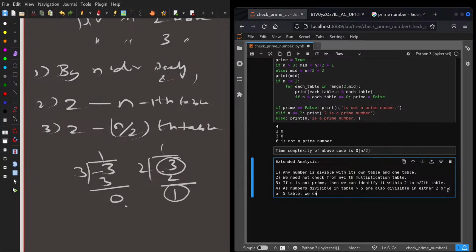We can just get it identified by checking these three tables themselves. So based on this fourth analysis,